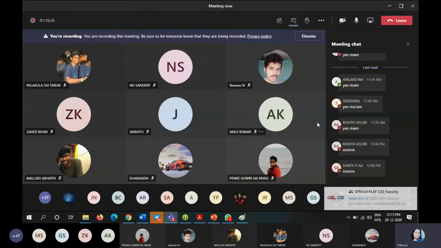Meanwhile, I'm going to verify the WhatsApp group also. If you are not able to get a reply, even after the completion of the session, I will look at that particular group and definitely I will clear your doubt. Why? Because nowadays the majority of people prefer Unity and, at the same time, Android.